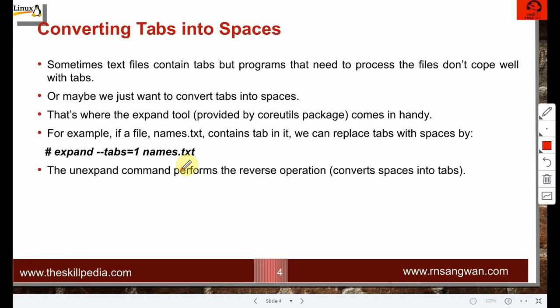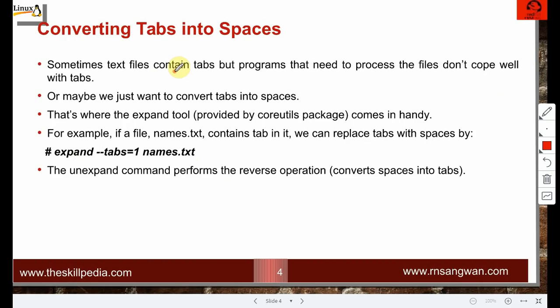Now, this is the file which is open right now, where the contents are shown on the terminal. You remember there were tabs pressed and some numbers typed. I created that file for this purpose. The purpose is the expand command. There are some programs which do not cope well with the tab.